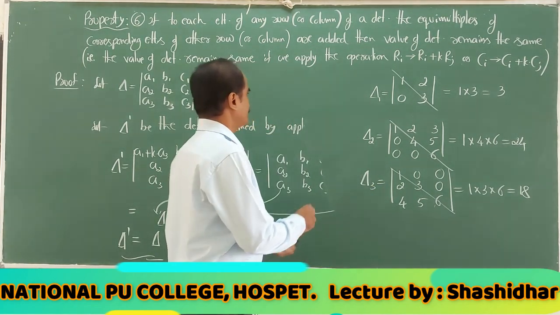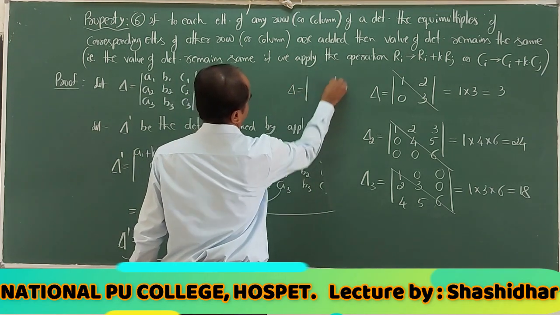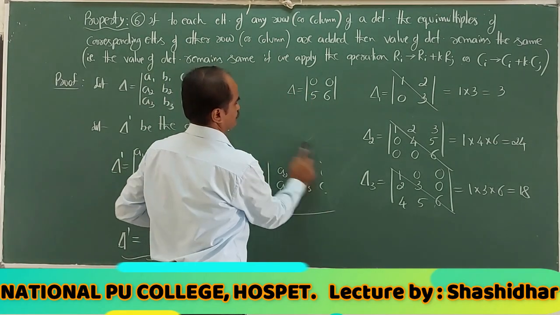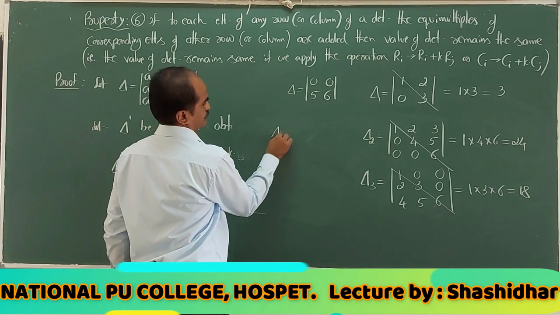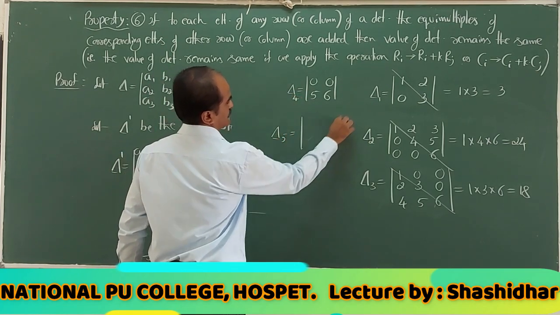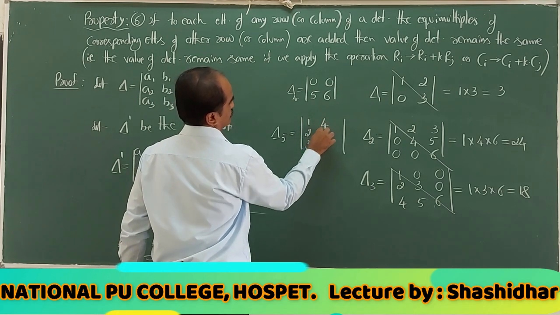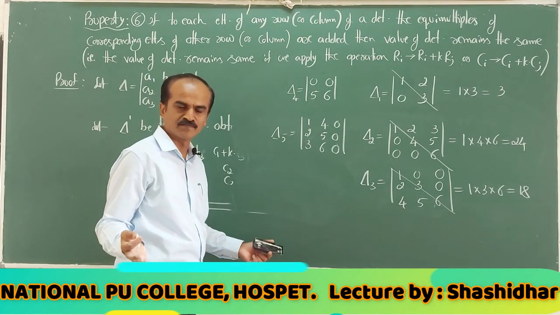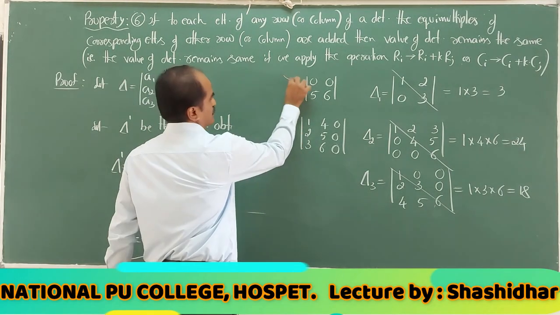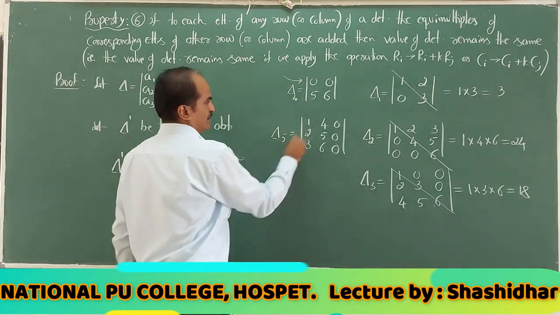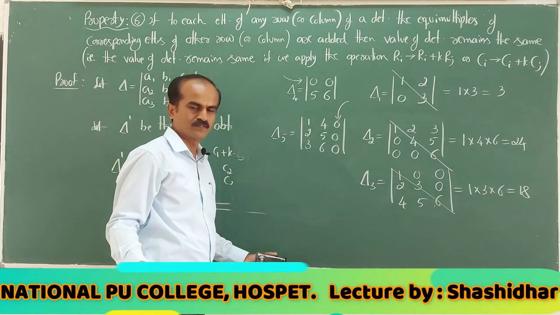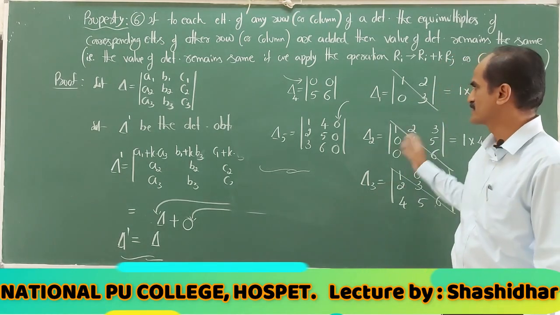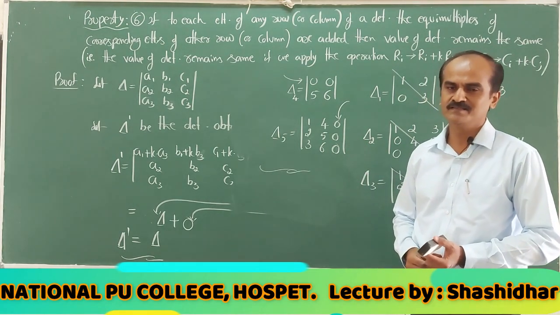Another one, suppose we come across a determinant where all the elements in any one row or all the elements in any one column are zeros. Then what is the value of such a determinant? Equal to 0. You expand by first row, 0 into 0 into. Here you expand by third column, all are 0. So while solving the examples, if you come across this kind of example, straight away you can write the value.